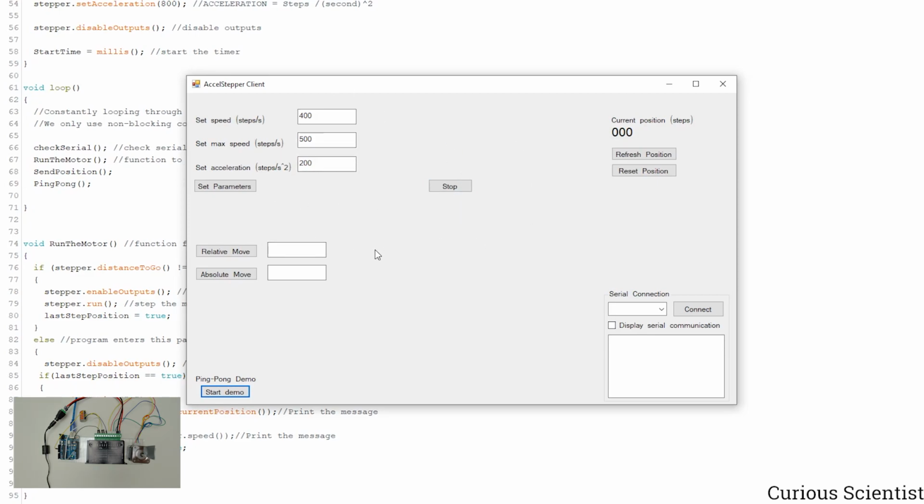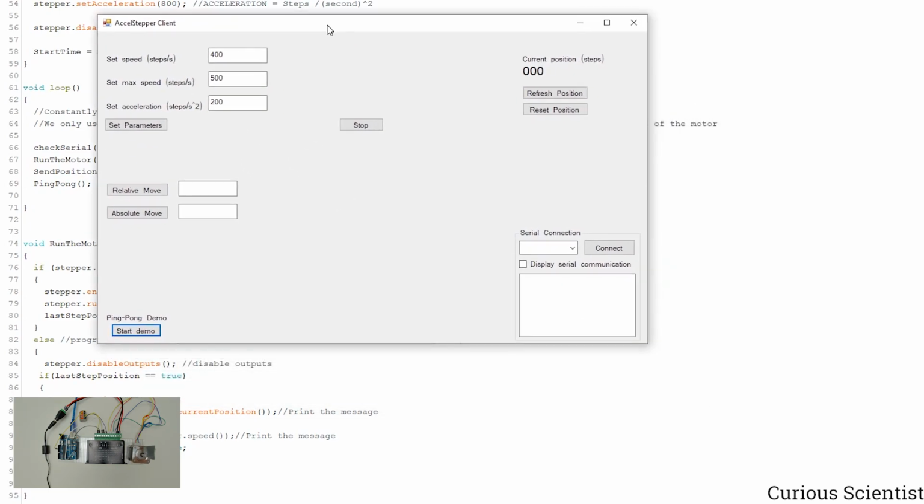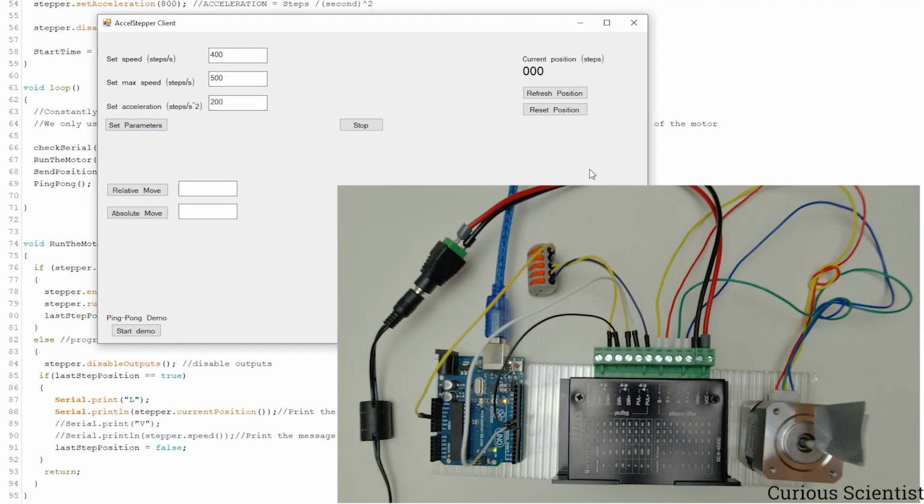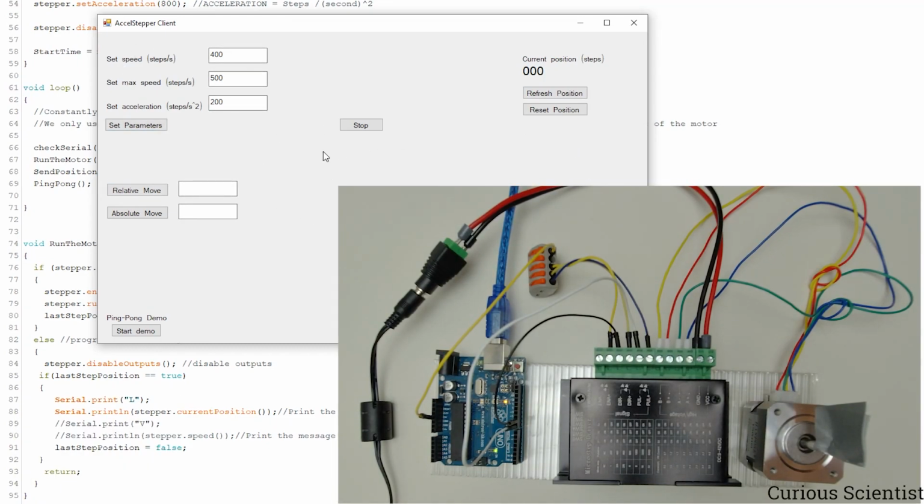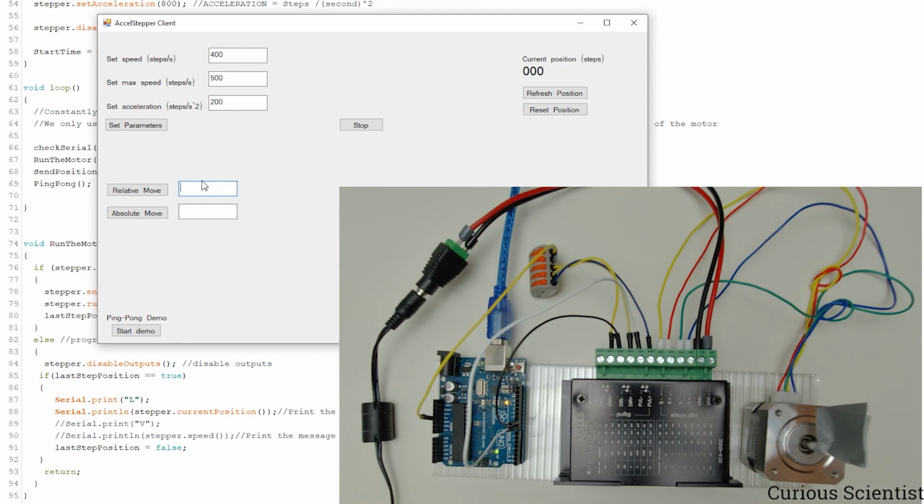So now you see the camera, and you see the software as well. So what we will do here is connect to the Arduino first. So here we select, and I just have one USB unit connected to my computer. So now we connect it to the Arduino. And first of all, let's keep everything in this default position and move,